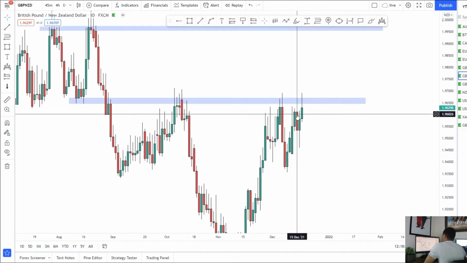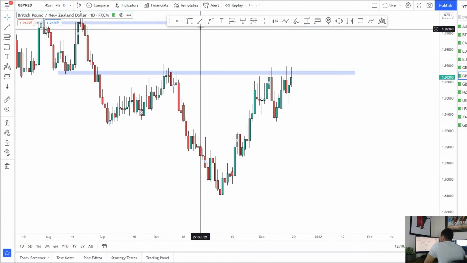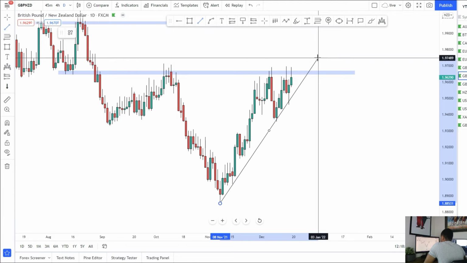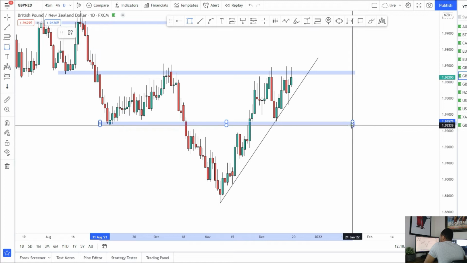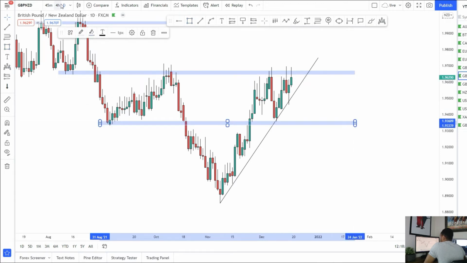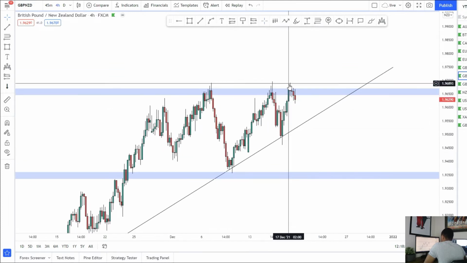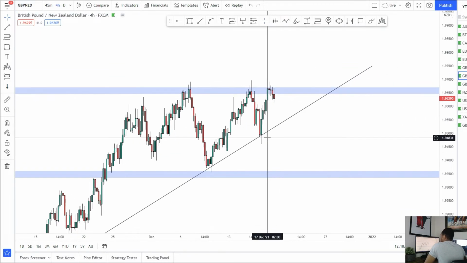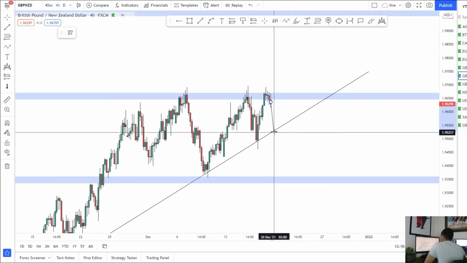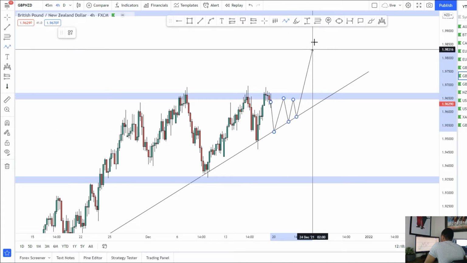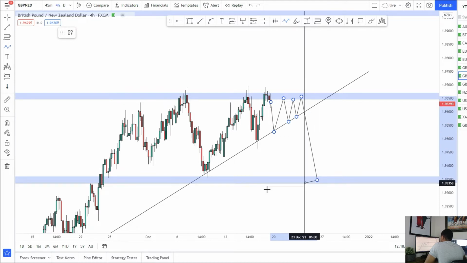Of course, we do need to do the most important thing first, which is actually break through the level. So coming into this week, we were looking for buys for pound NZD. As said, either look for a retest of this trend line, or look for price to come back and retest this support, and then you can look for buys off that. This week we got the retest of the trend line. We didn't come into that support, but we did see a nice bounce from that trend line to the upside. So pound NZD for me is just squeezing between this resistance and that trend line, getting ready for either a break to the upside, doing what we're expecting, or breaking to the downside and coming right back into that